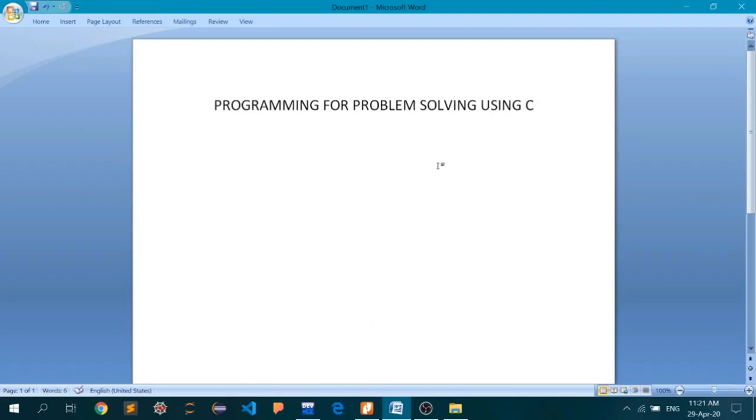This is basically a course to introduce an intuition of how we are going to solve a particular problem and write an algorithm for it, and the medium that we are going to use to write the solution for that problem is the C language. So today's topic of discussion is introduction to arrays.